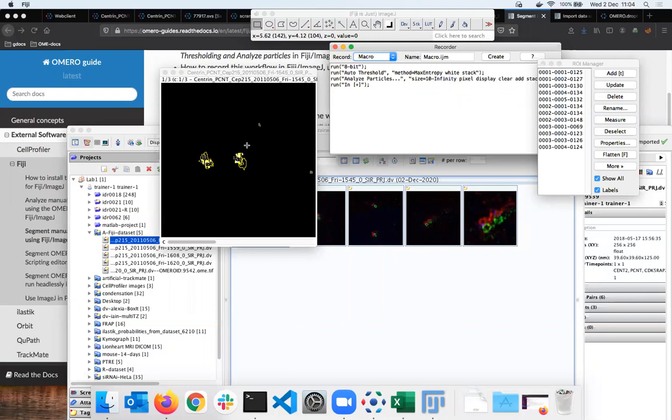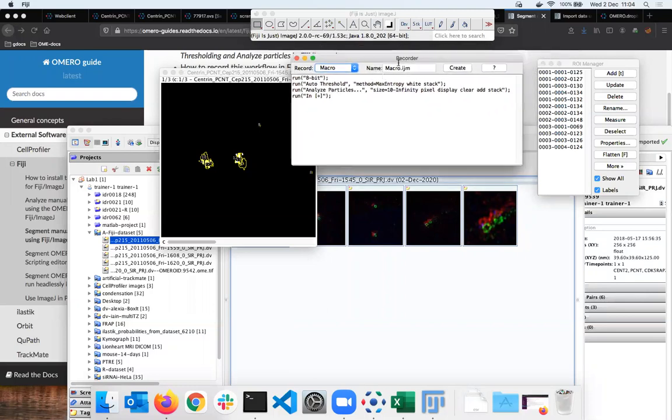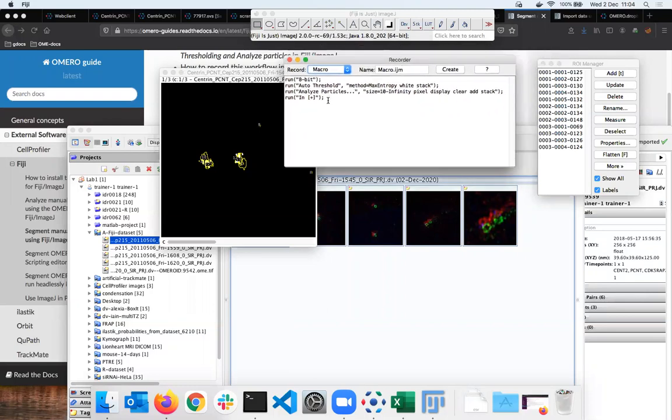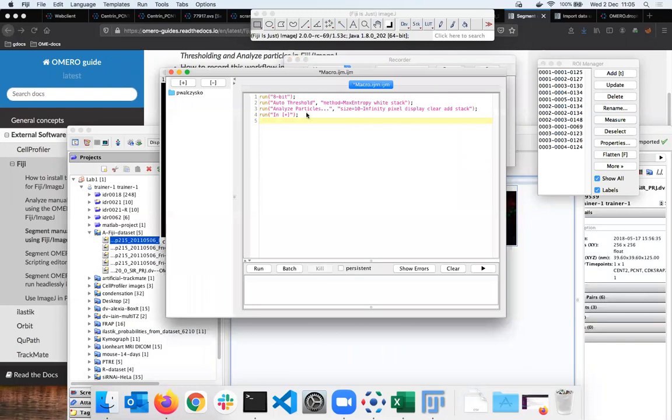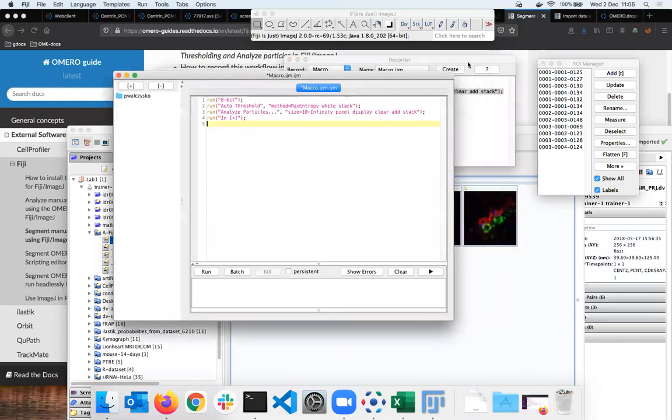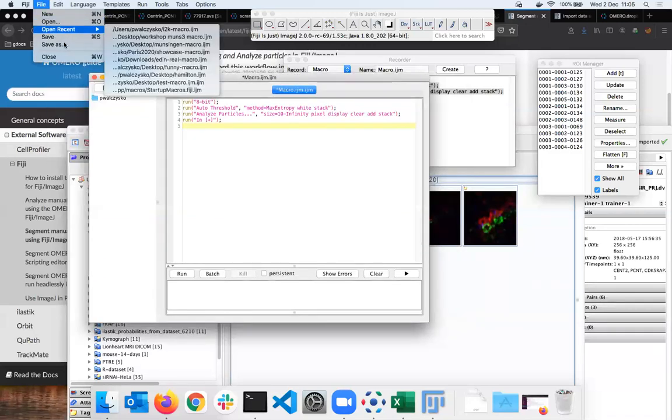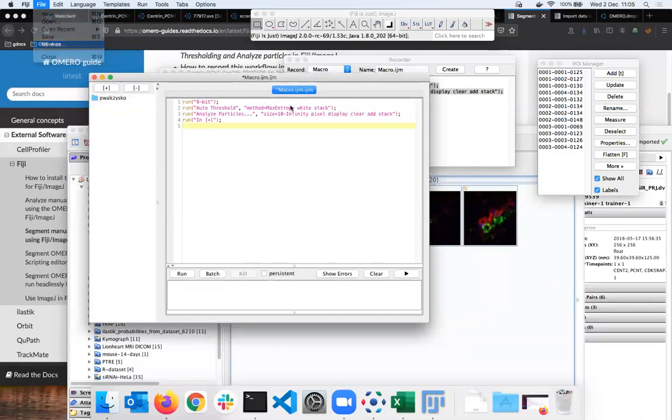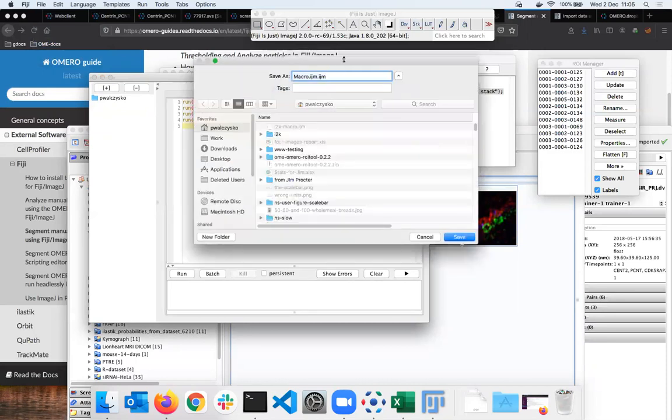What if I want to go a step further and do the batch analysis, which I was preparing my guns for here with the recorder? So I can now go and create the macro which I was intending in the first place, by saying Create in the recorder, and then File, Save As, and it suggests that the macro should be called macro.IJM, and it will save it on my local